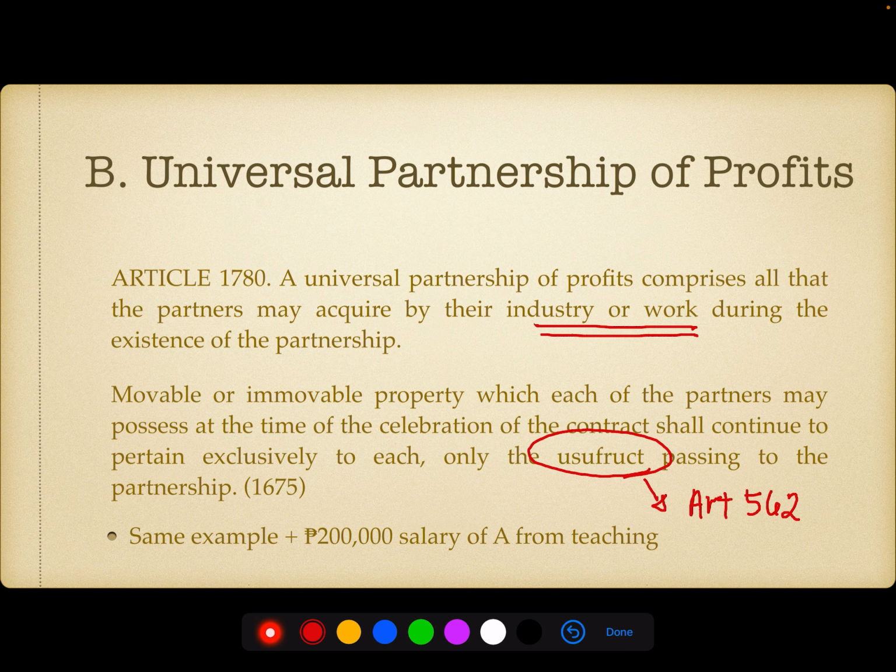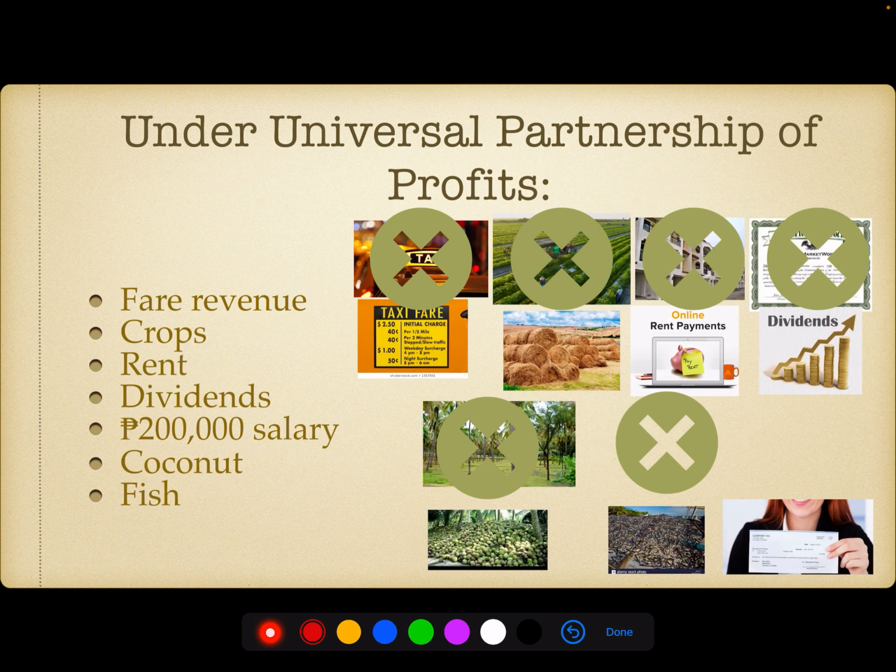Okay, so let's look at this from the example given earlier, but add that A received a 200,000 salary from teaching. And I forgot to write it down, I'm sorry. Let's also add that B won 1 million from the lotto. There. So, given the same example as the one earlier, with the addition of a 200,000 salary of A from teaching and 1 million pesos won by B in the lotto draw, the following now belong to the partnership: